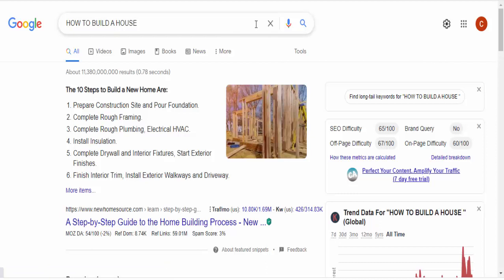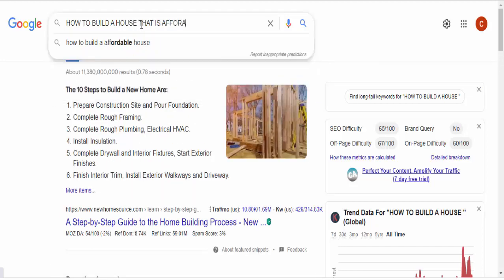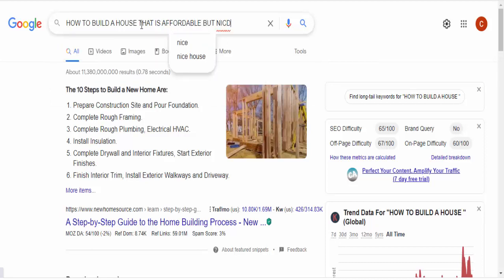Be specific. How to build a house may be quite vague, but you might have a specific type of house that you are looking for. It could be a house that is well designed, yet affordable. So let me type that term: how to build a house that is affordable but nice. And I type there and